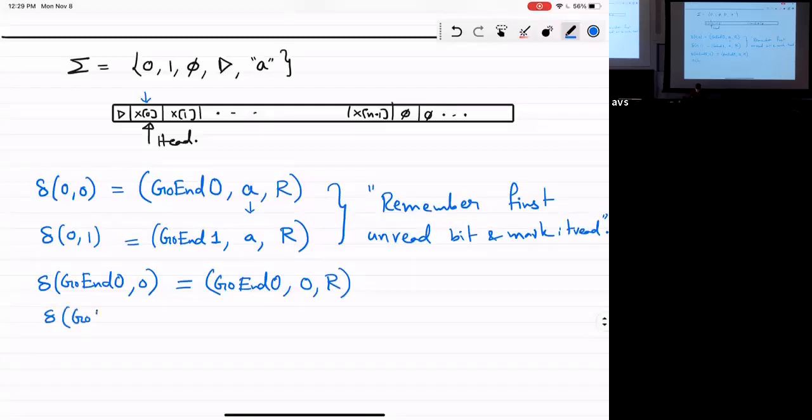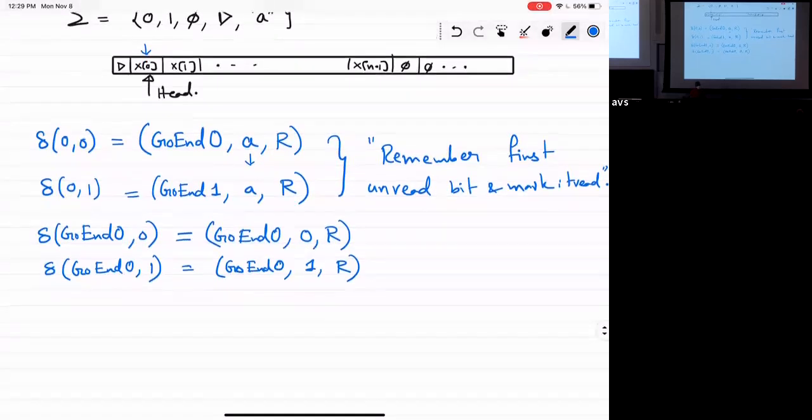If I see a 1 also, it's the same thing. You haven't seen the end of the input. So just skip and move ahead. All right. So this is keep moving to find end.